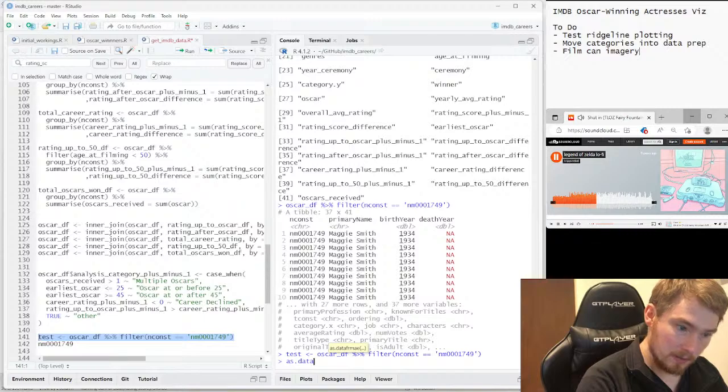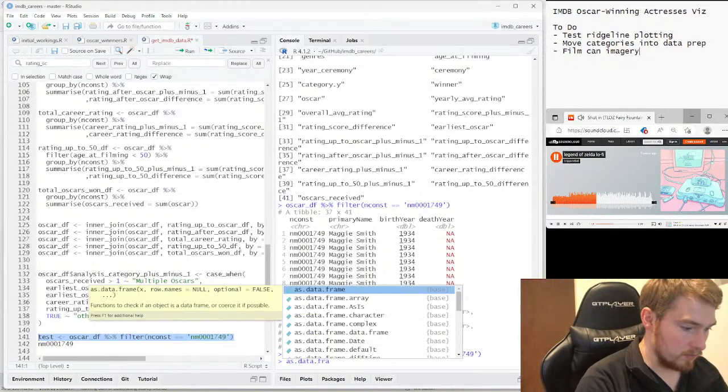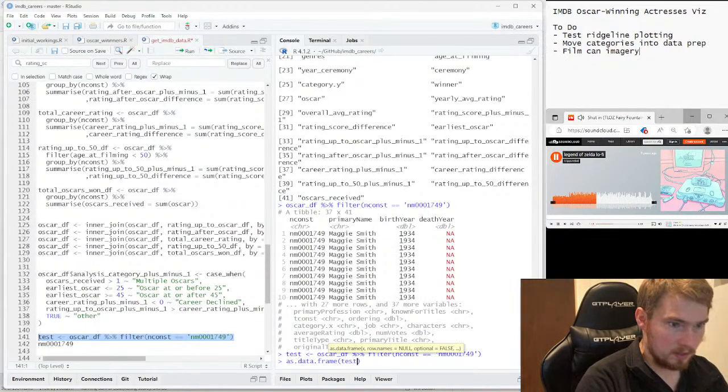If I could spell as well. Data frame test.